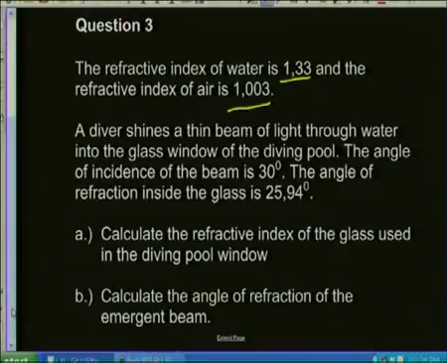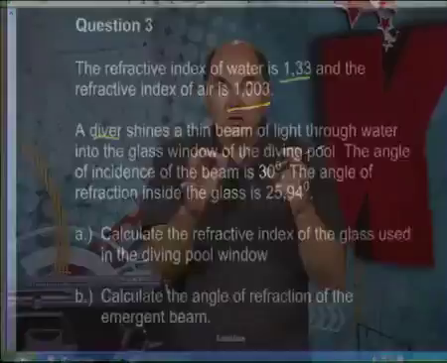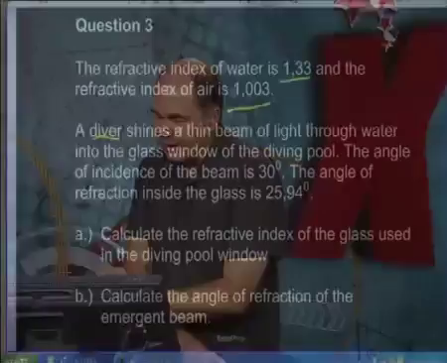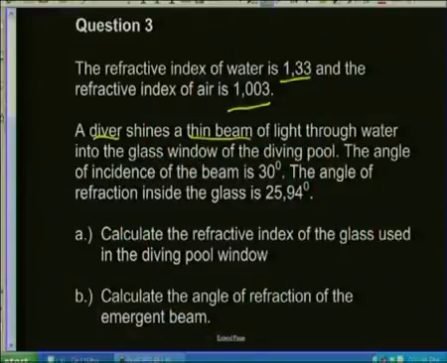So it tells us that a diver, somebody who goes into water, is either doing some snorkeling or looking at fish in an aquarium or something like that, practicing, learning how to do repairs to ships or wrecks that are undersea. So this diver shines a thin beam of light through water into the glass window of the diving pool. So we'll draw a picture just to show this. The angle of incidence of the beam is 30 degrees. The angle of refraction inside the glass is